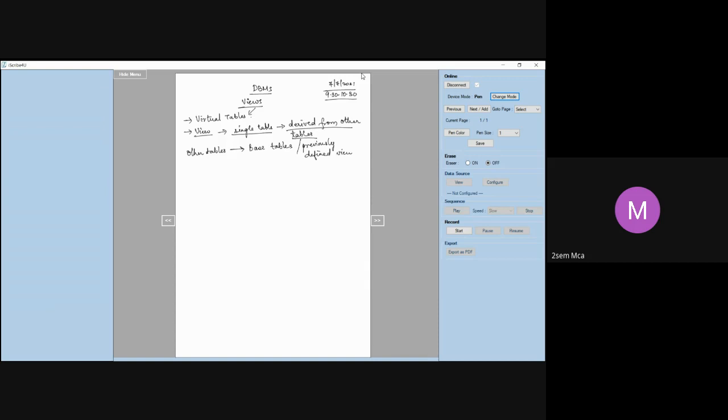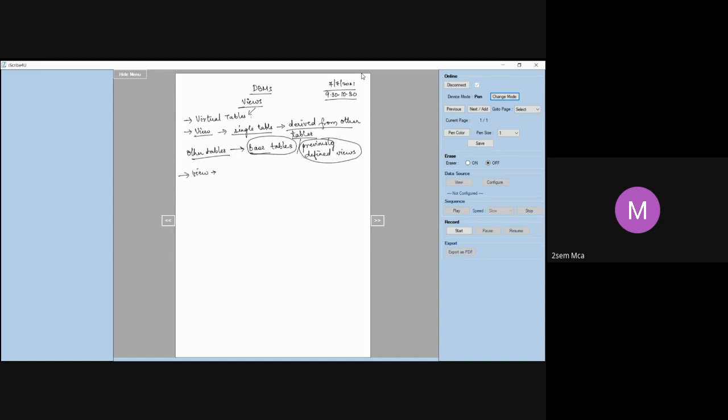You can derive it from a view, or you can derive it from a table. A view is nothing but a single table which is derived from other tables. These other tables are called base tables, or they can also be previously defined views. Now this is the first important thing.